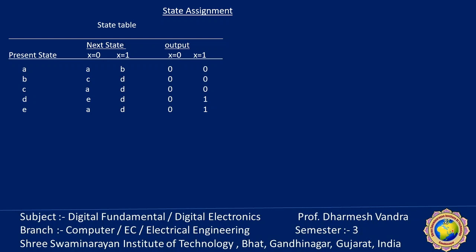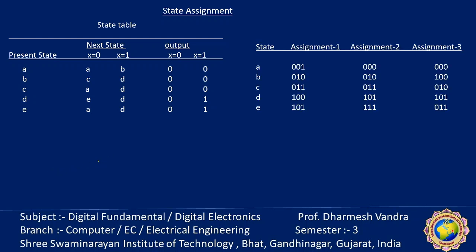So once we got the reduced state diagram, after that we now have to assign some value to A, B, C, D, E. So it is 5, and 5 is greater than or equal to 2 raised to n. So 2 raised to 2, 4, it is not possible. So the minimum value of n is 3. So 2 raised to 3, 8 is possible here. So we need 3 binary digits to represent any state. So assign the value of state in binary value.